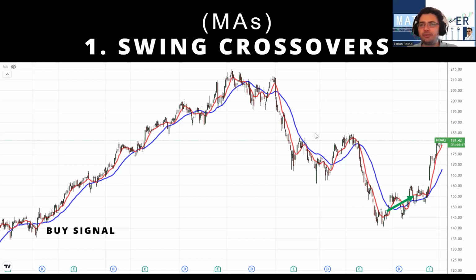And also, I do not swing trade stocks, because being in a market in stocks, there is higher risk at liquidations, manipulation. Things can happen overnight. There can be a crash in the market. And the longer you're exposed inside a certain stock, there is a higher chance that you will possibly be caught in the crossfire. So I love trading indices when it comes to swing crossovers.